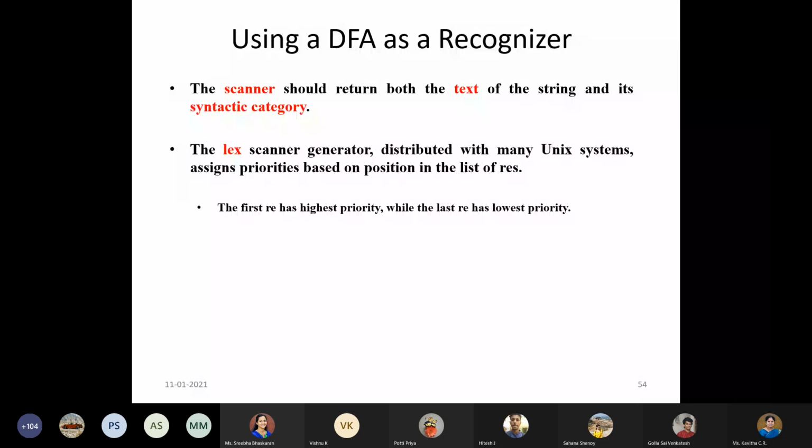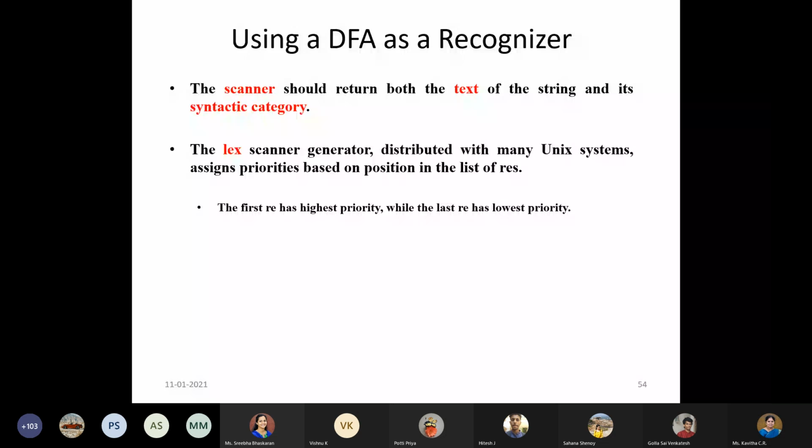Okay, so now if I ask you, if you write the regular expressions for identifying the variables and for identifying the keywords, in which order do you write them? Which one will be written first? Will we write the keyword first or the variable first? Keywords. We have to write the regular expression for identifying the keywords first. Only then do we write the regular expression for identifying the variables.